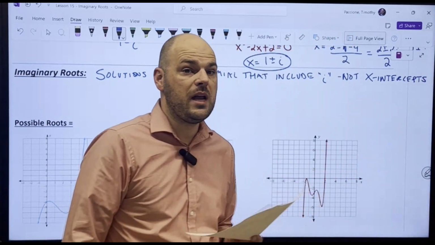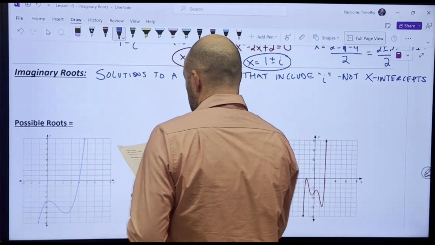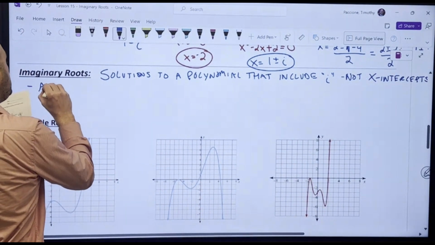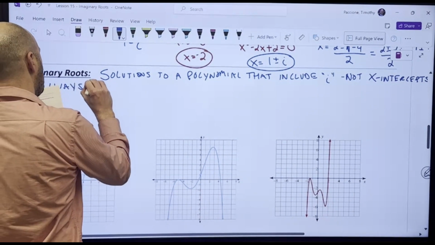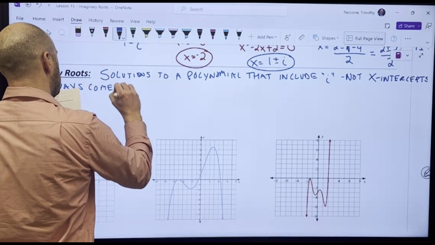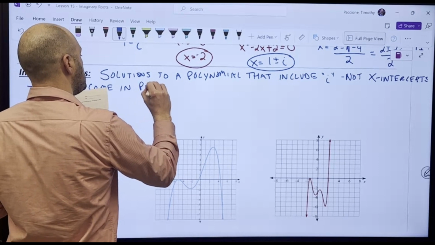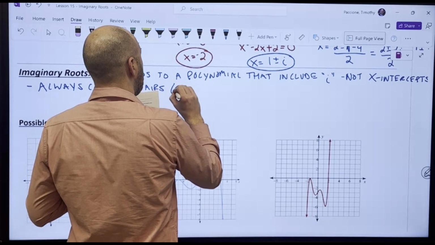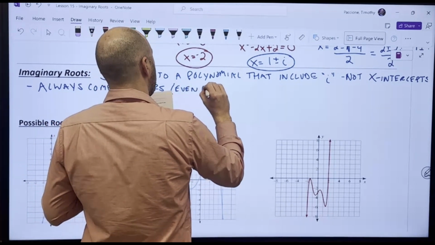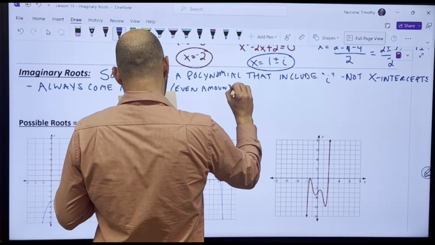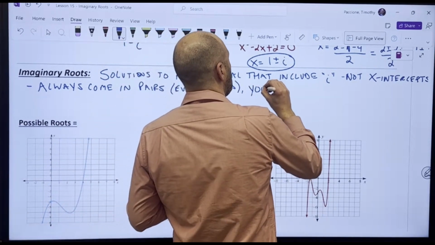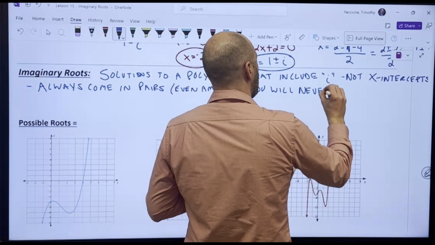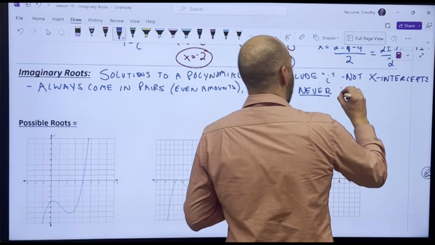Okay? They include i, they're not x-intercepts. Okay. Now, a couple things to note here. They always come in pairs, meaning even amounts. You will never have